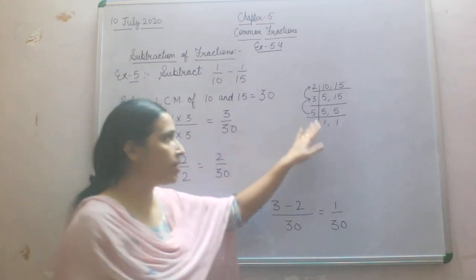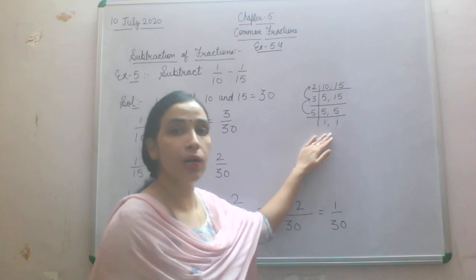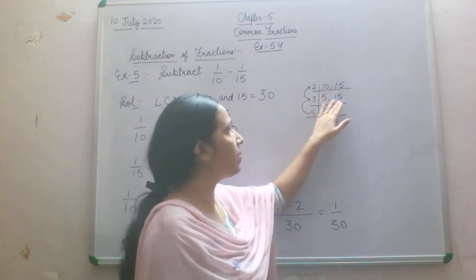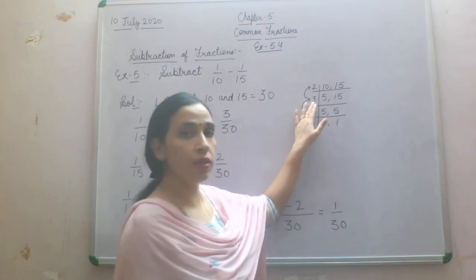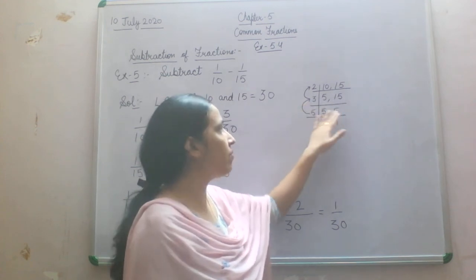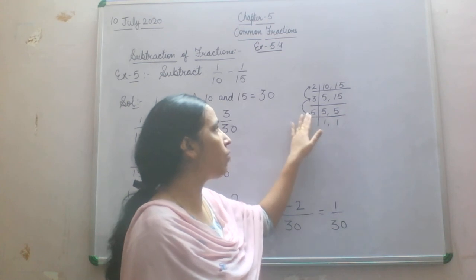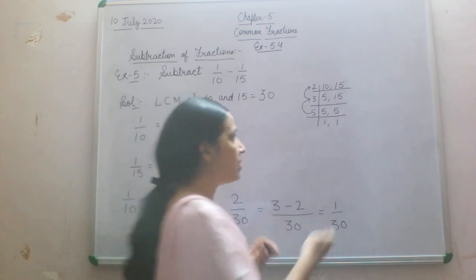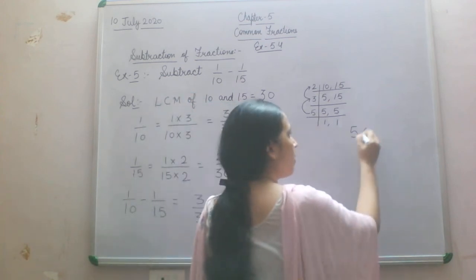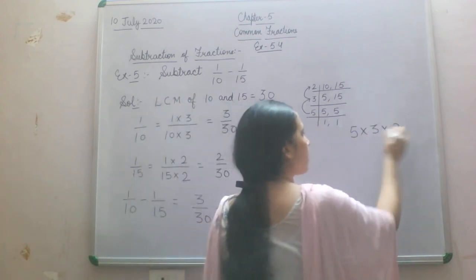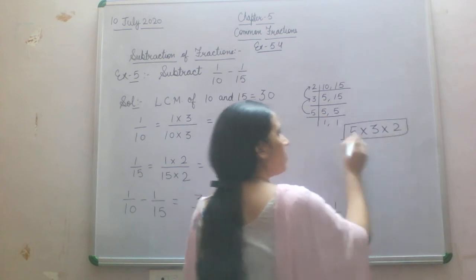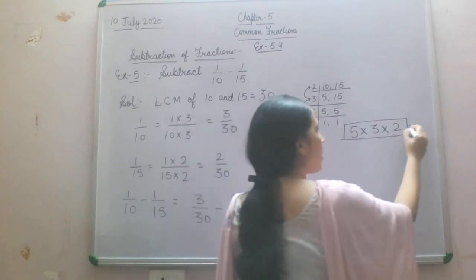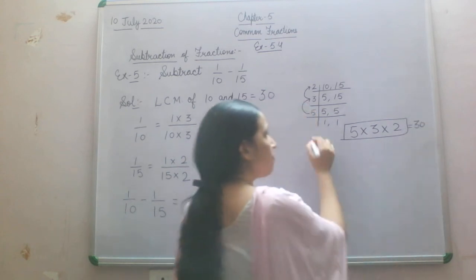Now here we have found the LCM also. We will start with 2. Now 2 5 times will be 10, 15 will be as it is. Then it goes on 3. 3 5 times will be 15. Now 5 1 time, 1 time. Now 5 3s are 15. We'll do the product of this. We get the LCM by multiplying all these factors. Fine. 5 3s are 15, into 2, that will be 30. So this will be your LCM.